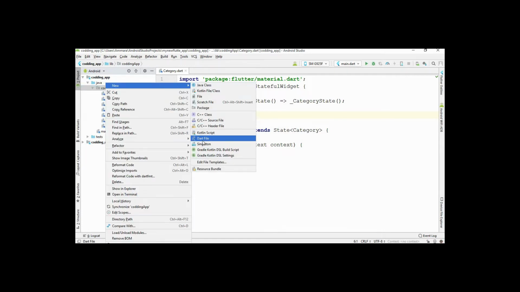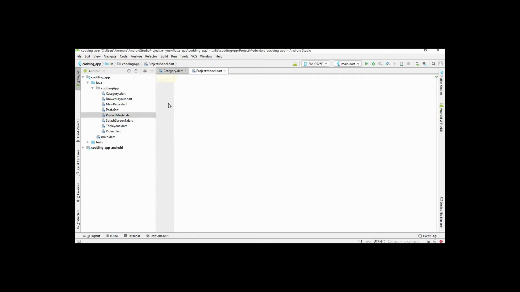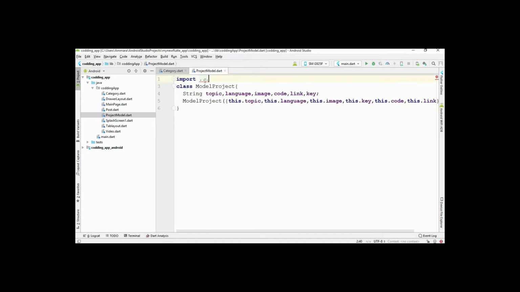Create a new dart file and name it model. Project model is better. Click on the OK button, and after that paste the code here.